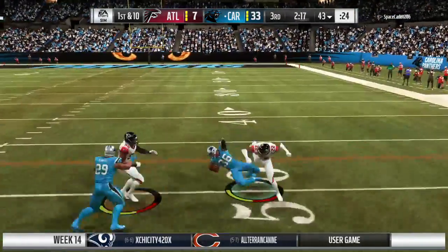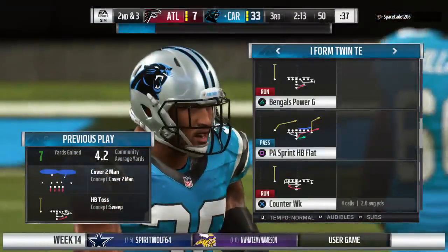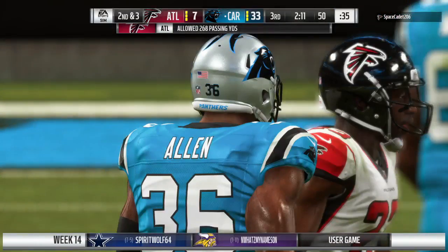Now a carry for Allen. And a good burst there gets him 7, up to midfield. But no matter how they phrase it, staying on schedule, staying ahead of the sticks,